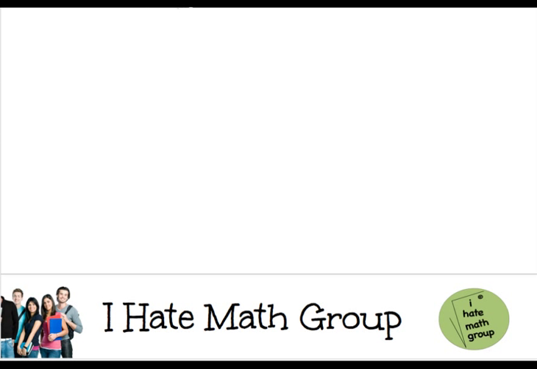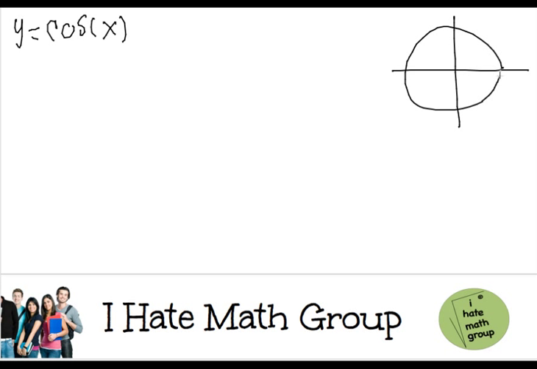Hi guys, today we're gonna learn how to graph the cosine. So first, let's start with the unit circle because this circle is going to give us a couple of good tips of the points that we're gonna need. So let's remember the unit circle is called the unit circle because the distance or the radius is equal to